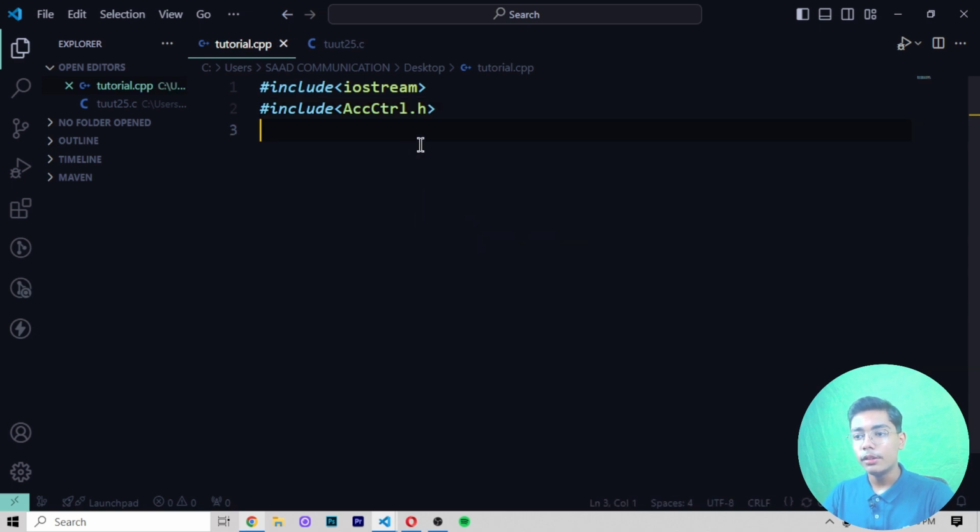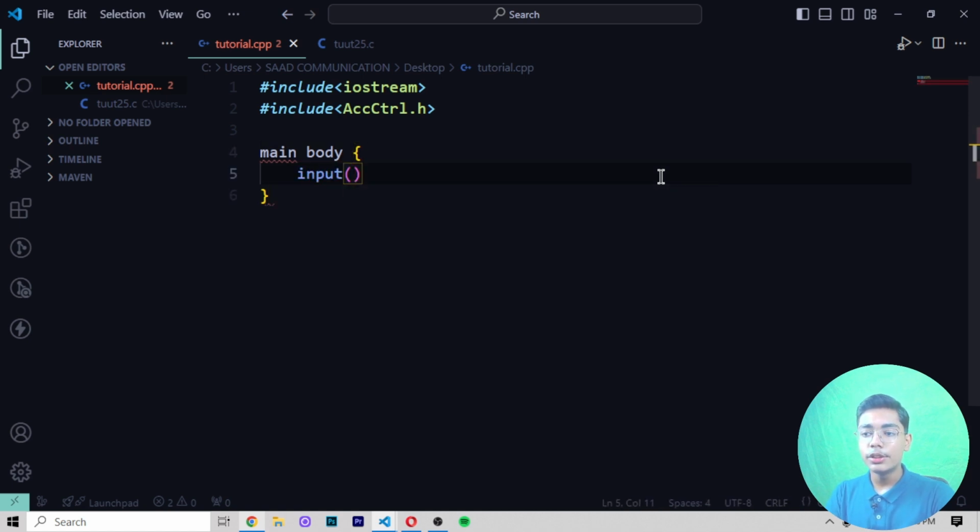Like if I use their ACC control, so you will be getting the ACC control here. But now if I use in the place of input as a value, the value can be of main body as well, and the value can be of input value as well. So these are the things which you can use.